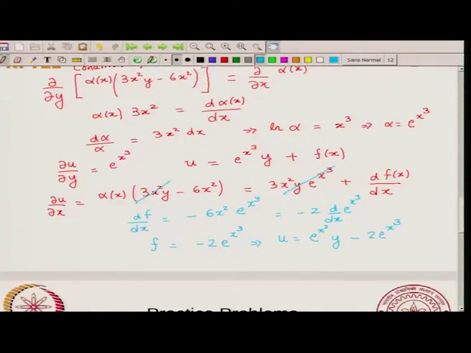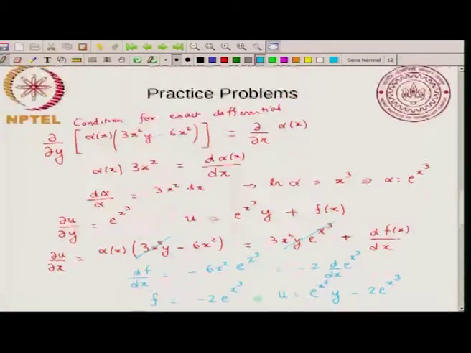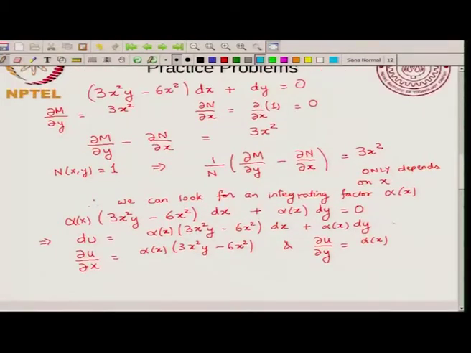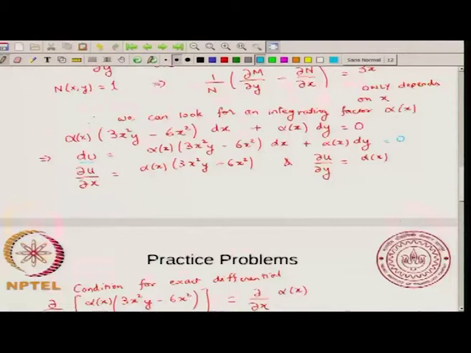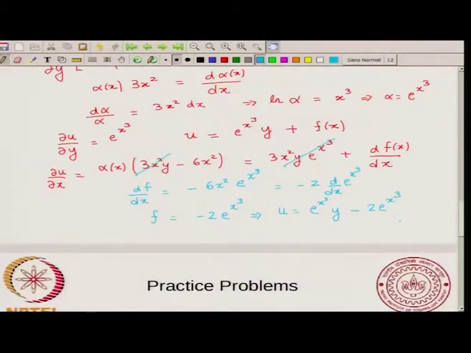Okay. And remember, this is an exact differential. So, du is this. So, the differential equation is du equal to 0. So, du equal to 0 is the differential equation. So, the solution is u is a constant. Okay, the solution is u is an arbitrary constant. So, then I can write my solution as this equal to constant